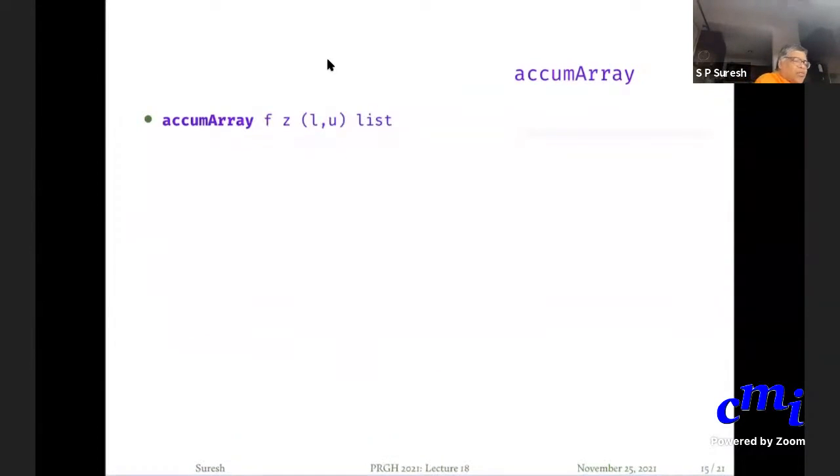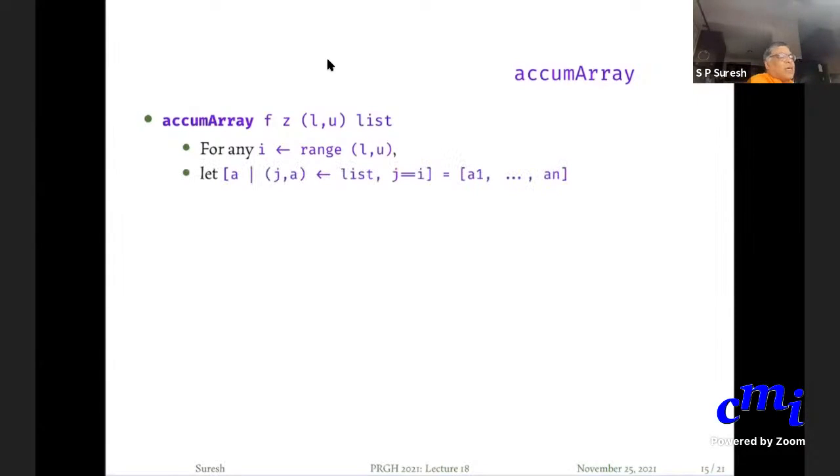It will build an array as follows. So accumArray F Z LU list is what your call is. Suppose for any I in the range LU, any I in between L and U, let us say that your list is a list of pairs.